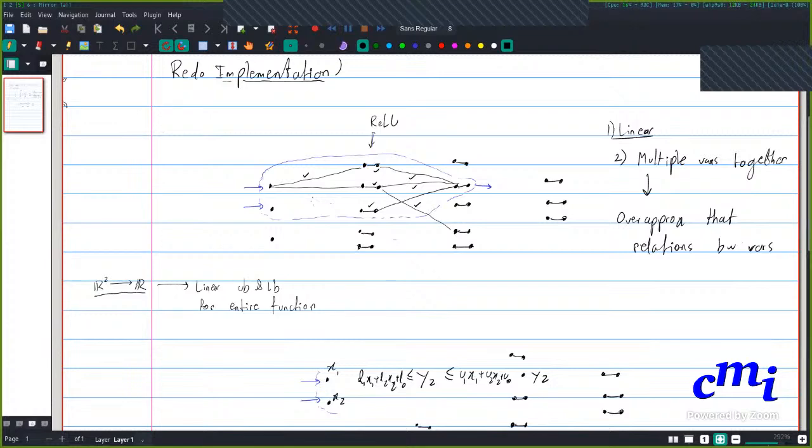So in deep poly, we would usually replace, say, just this part of the network with some linear upper and lower bounds, right?